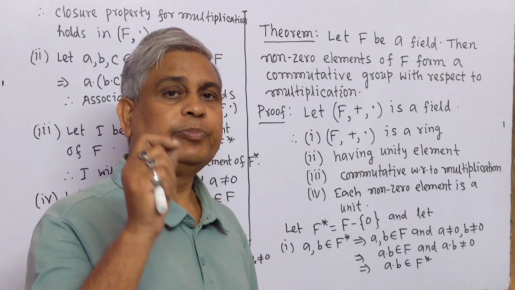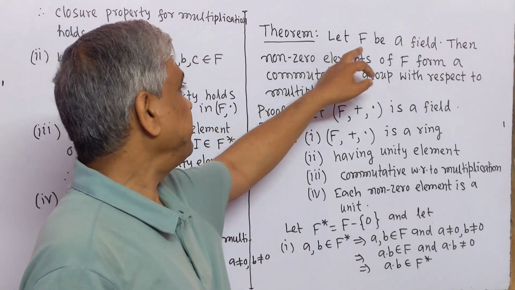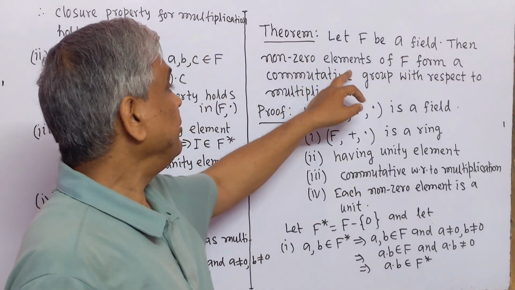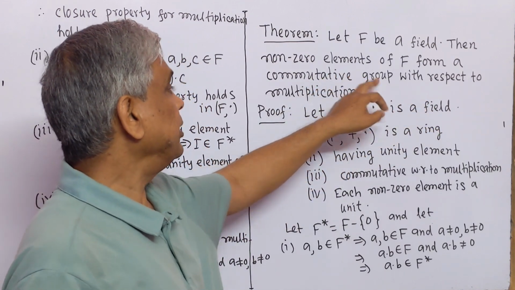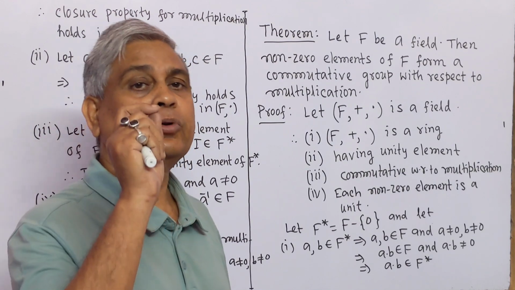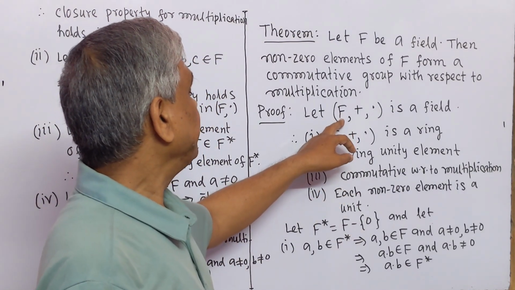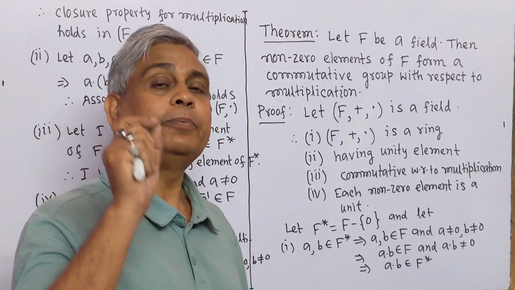Now we prove the next theorem. Theorem: let F be a field, then non-zero elements of F form a commutative group with respect to multiplication. Now we prove this. Given that F with binary composition, addition and multiplication is a field,